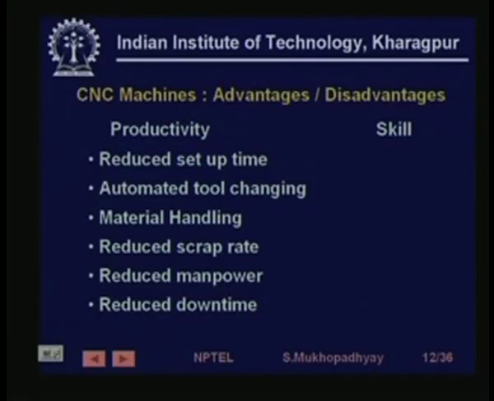Scrap rate is reduced because it is assumed that the part programs are written carefully using scientific optimization methods. From a given piece of material, because you have a much more precise operation, you can have optimal material utilization, therefore scrap rate will be reduced. Manpower is reduced because much of the work in these machines is done automatically. Sometimes you program a machine for a day and feed it with enough work material once, and then run it the whole day without any supervision or operating personnel. These machines can go on manufacturing one after the other the